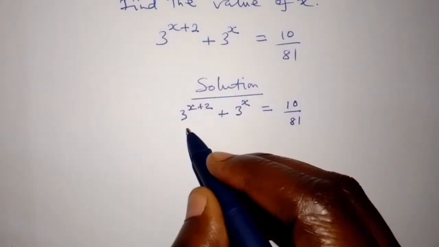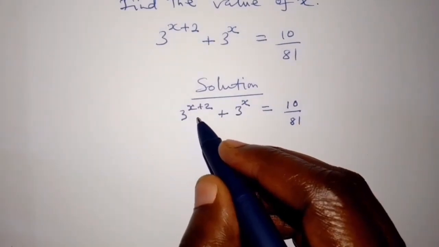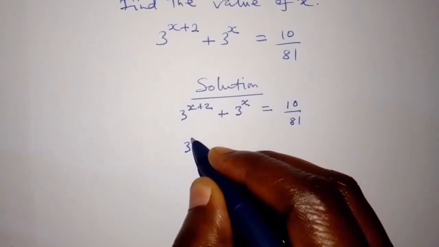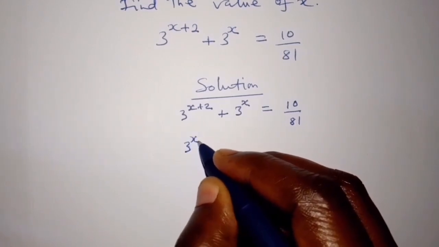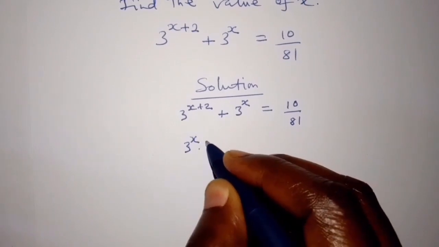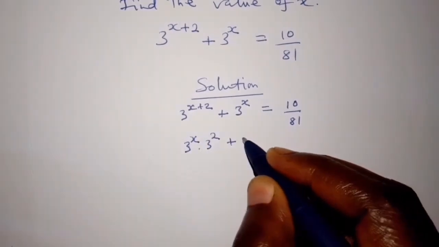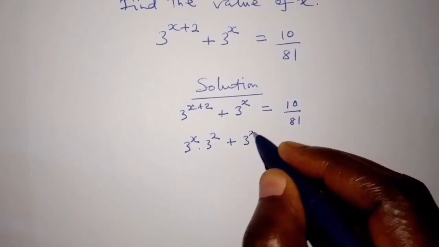We can write 3 power x plus 2 as 3 power x times 3 power 2 plus 3 power x